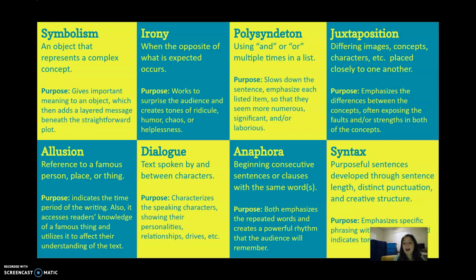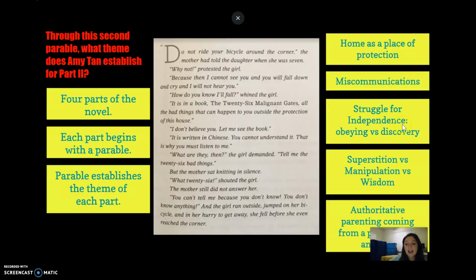Also within there, you have your literary devices. You have symbolism, irony, polysyndeton, juxtaposition, allusion, dialogue, anaphora, and syntax. All 8 of these occur within the parable. What you want to consider is which device you would like to analyze to get you to one of the themes. Now you can't pick just any device and any theme.